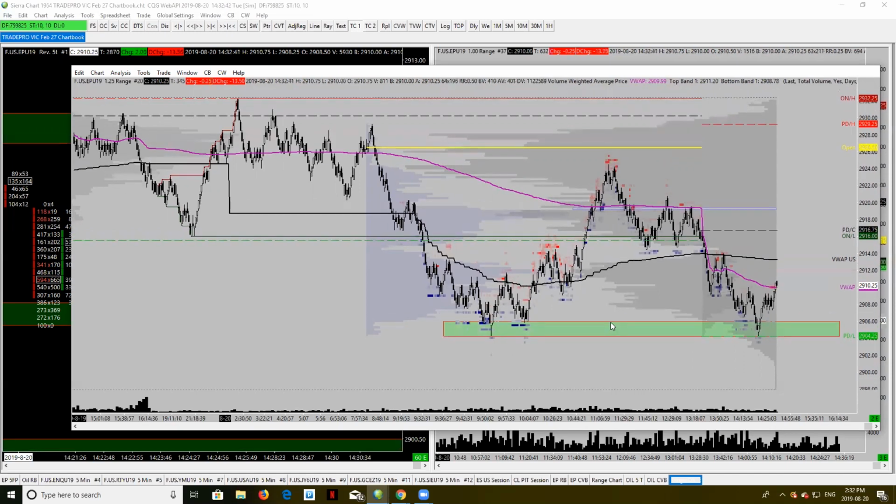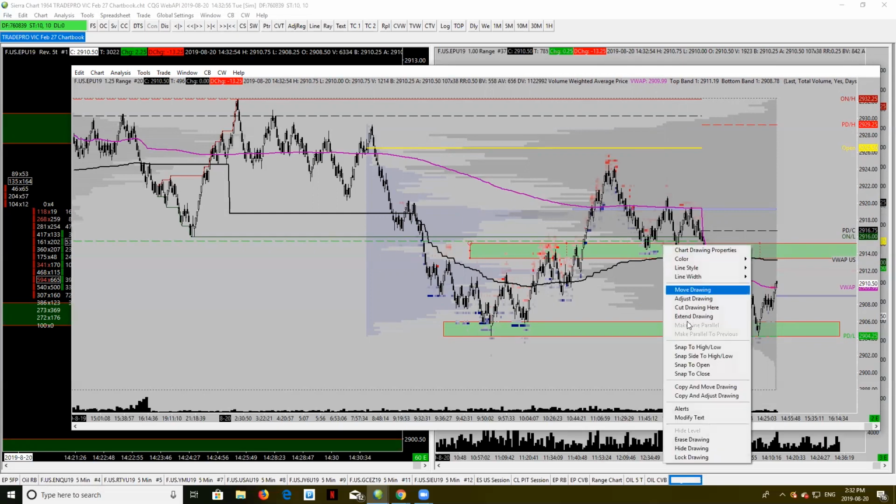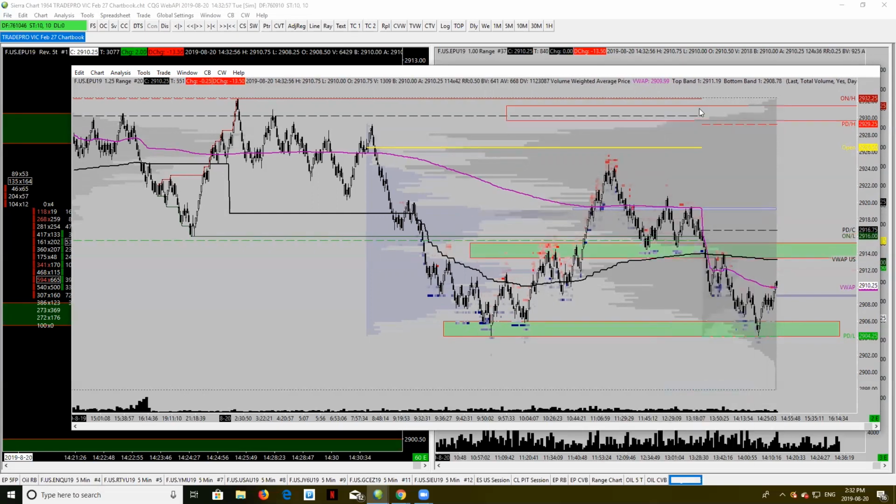Now what we could do is just simply right-click, copy and move drawing, and we'll find the other areas. So right here again, another low volume node. This is going to be where a support resistance band lies, just where the volume starts to taper off. Again, you could do the same with the next low volume node at the top here. But also